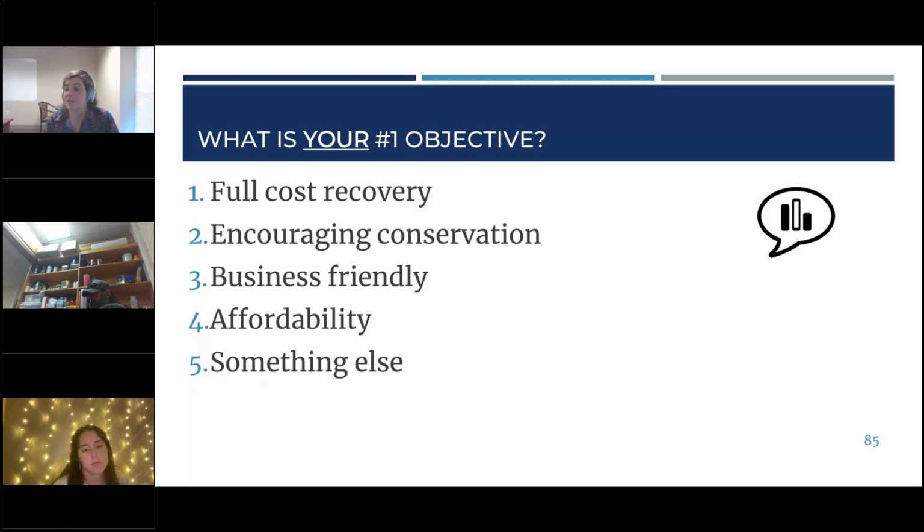So a good mix, actually. Full cost recovery, encouraging conservation, business friendly. We, being the Environmental Finance Center, are always excited whenever people pick full cost recovery, especially for financial management training. But encouraging conservation, again, depending on where your utility is, your specific needs, the capacity of your system, conservation might be really important. And business friendly, we hear that a lot. Economic development is deeply tied to water, wastewater. So we often hear that providing business friendly rates, making sure we're thinking about development is an important component of how we're setting rates.